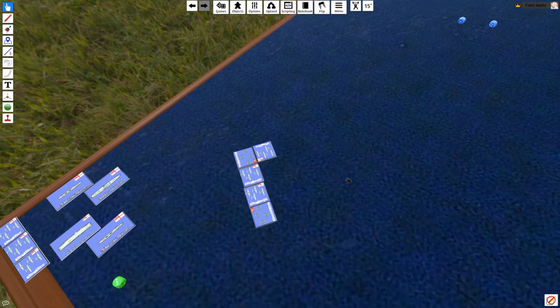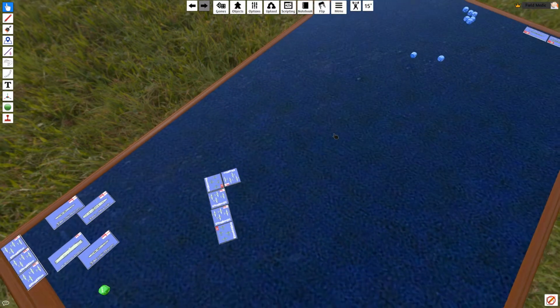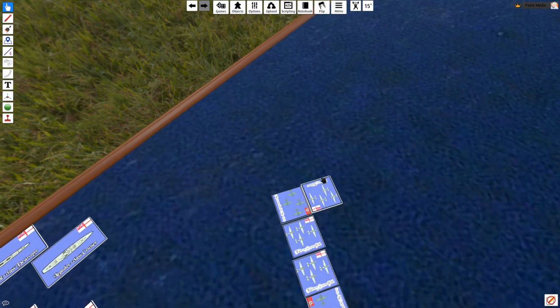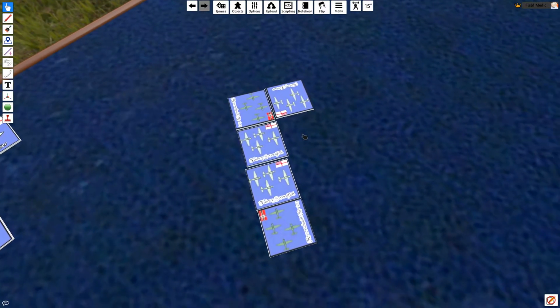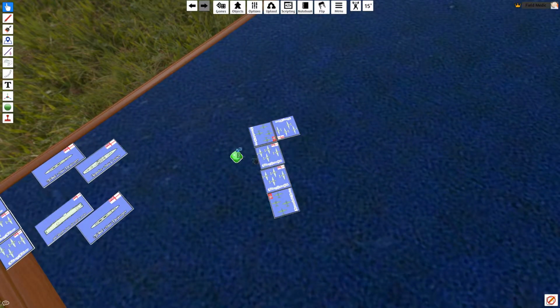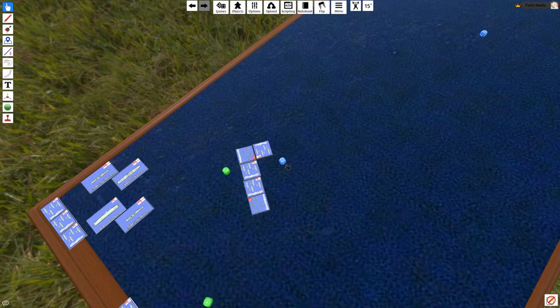So at this point, we go into our attack phase. Now, if we had any gunnery to do, we could do that. But as the Germans, because we want initiative, we're going to go first, and we're going to say we're going to start our dogfight. You can only do one dogfight per turn, and you'll see how this plays out. Dogfighting is very straightforward. You simply take a die for each side. You roll it,